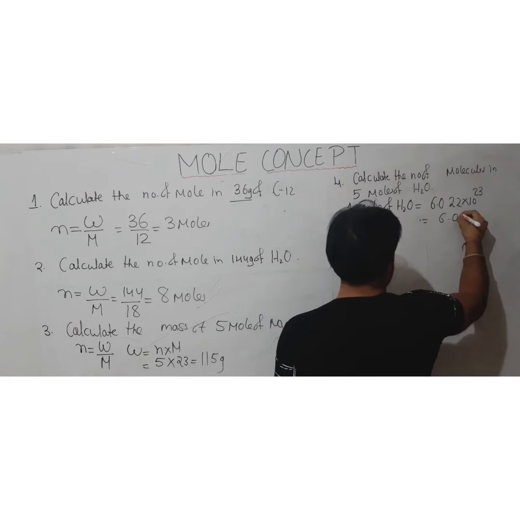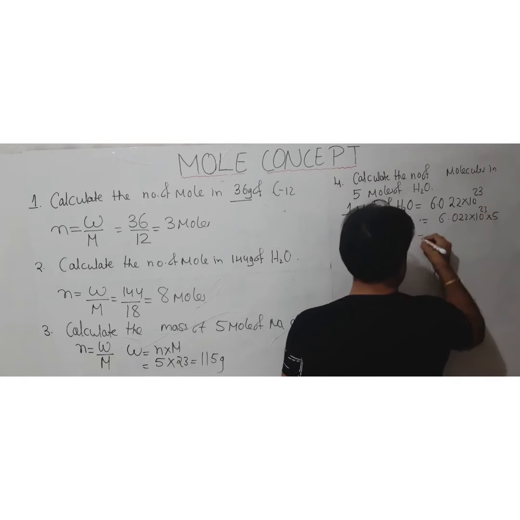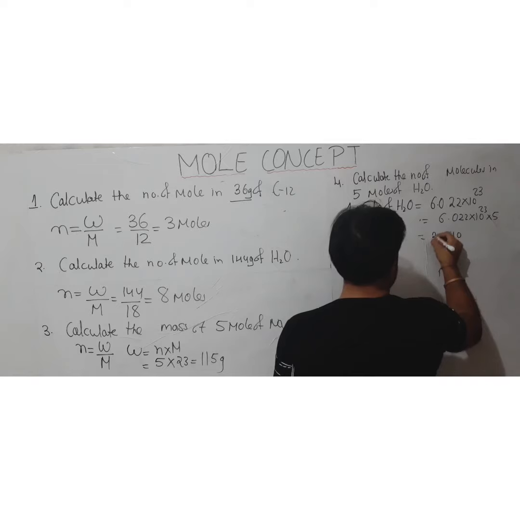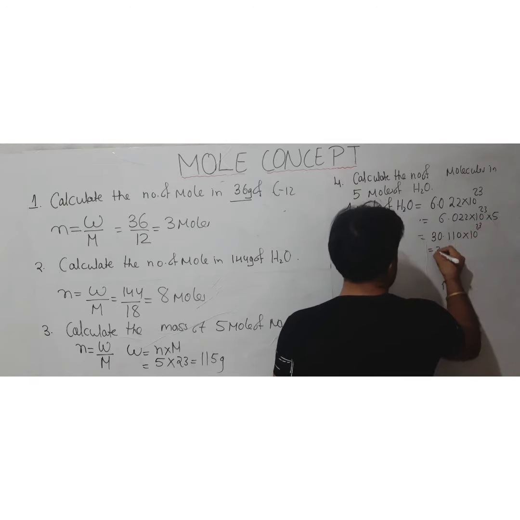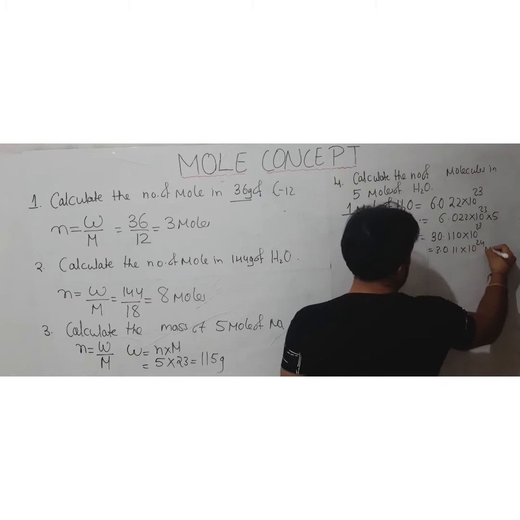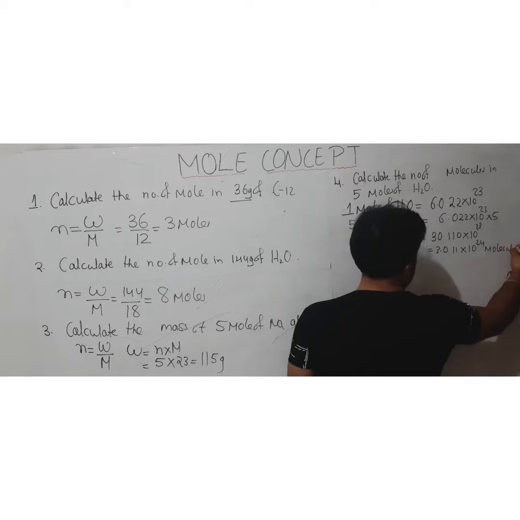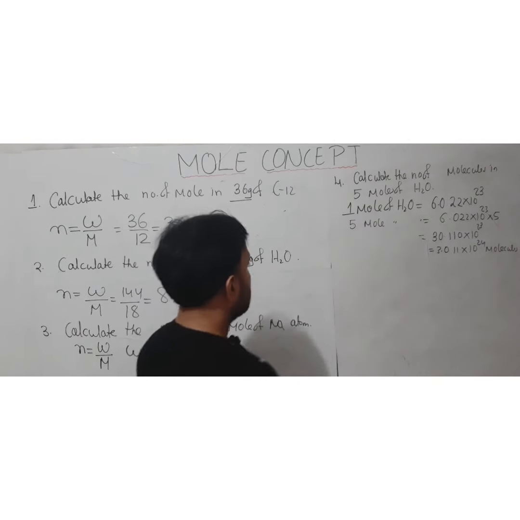It is going to be the multiple of 5, that is 3.011 into 10 raised to power 24. So this much molecules are going to be there. Okay, that is how you can calculate. Then one more